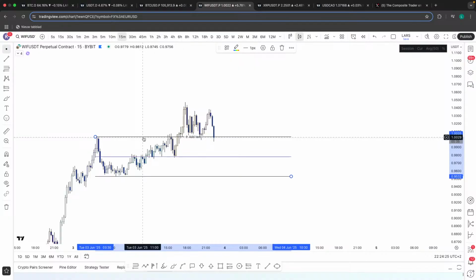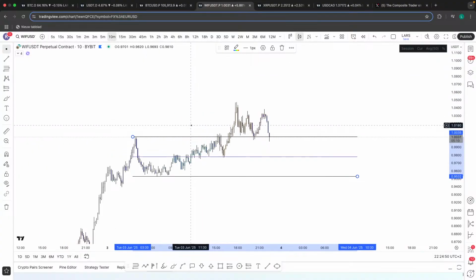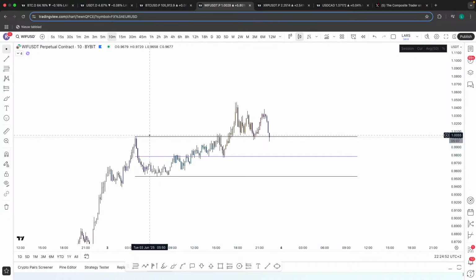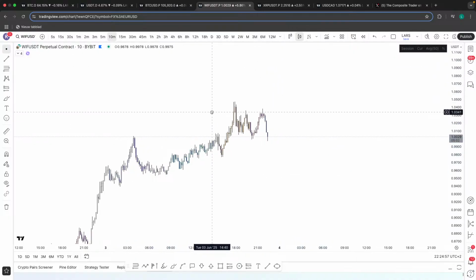I'm saying it because I love you. Because if you know how to draw the correct ranges, if you know how to draw the high probability ranges, and look at the correct models within the correct context, a whole new world will open up. When you guys ask me sometimes, Lars, why did this model fail? It's because it wasn't a model in the first place, or it wasn't a model that you should be looking at. But only if you study me every single day consistently can you get the answers to that properly. Because sometimes context is more experience related and you will get the feeling for it.